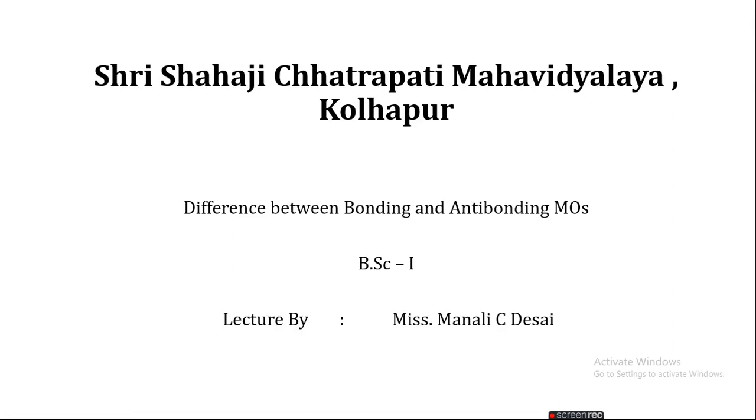Hello everyone. In the last lecture we discussed linear combination of atomic orbitals. In this there are 3 points. First is bonding molecular orbital, second is antibonding molecular orbital, and third is non-bonding molecular orbital. In this lecture we discuss the difference between bonding and antibonding molecular orbitals. First point is